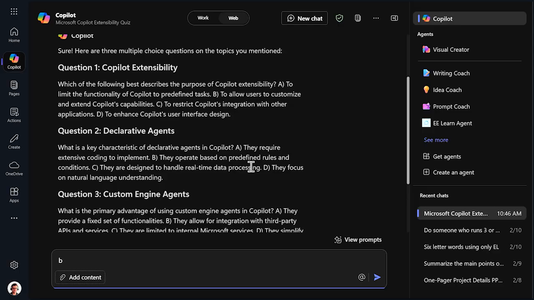It seems to me that the B, again, is the correct one, right? They operate based on predefined rules and conditions. Let's put B on that. And question number 3,